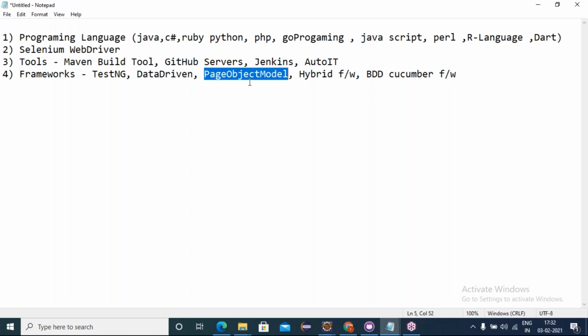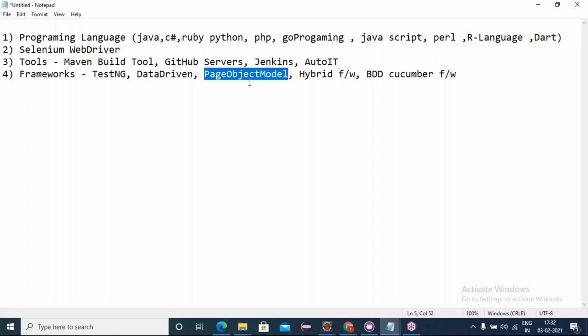So irrespective of the pages, we are building our framework, which is nothing but the page object model. What is the advantage of maintaining the page object model? Suppose I'm having 10 pages in my project. For each page, I would like to maintain one Java class. Instead of maintaining all page information in one Java class, I will organize each page's elements and operations in its own Java class. 10 pages, 10 Java classes, I break down the functionalities.